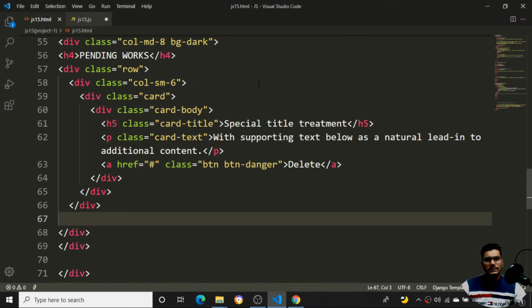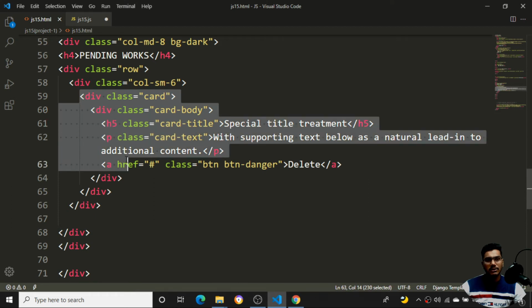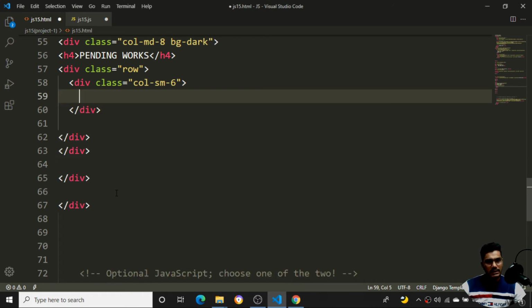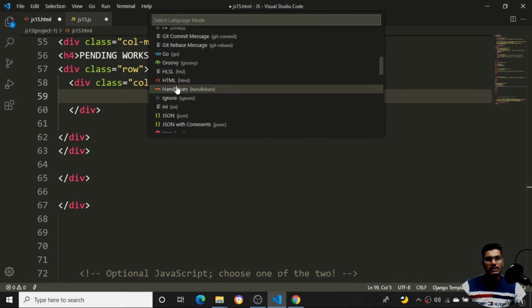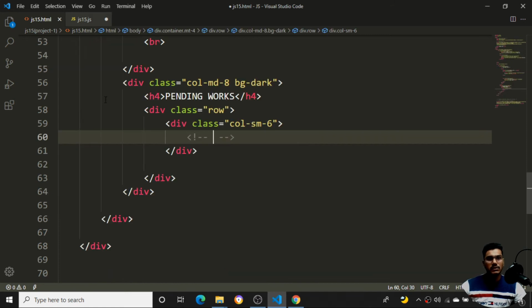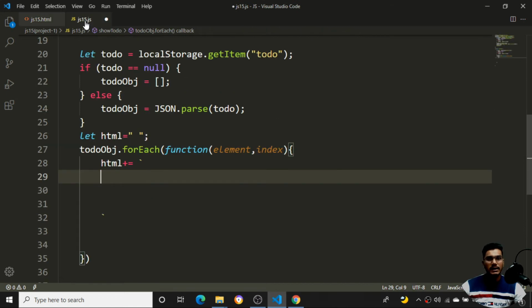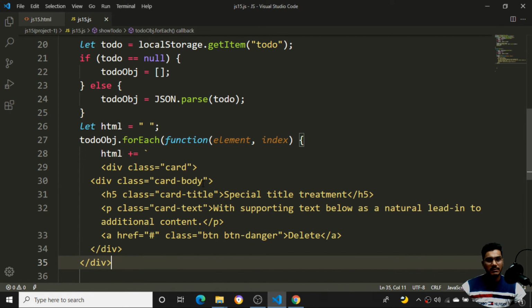Where I need to, I need to add this particular card. I'll just copy this particular card. From card 1 2 and 3 4, I need to cut this one. I'll just comment this one, put it like this, and select this one as HTML. Once I put a comment over here, I'll say this comes from JavaScript. Okay, now the things come from JavaScript. I have copied that one. Whatever I have copied, I'll come here and paste it inside my HTML.